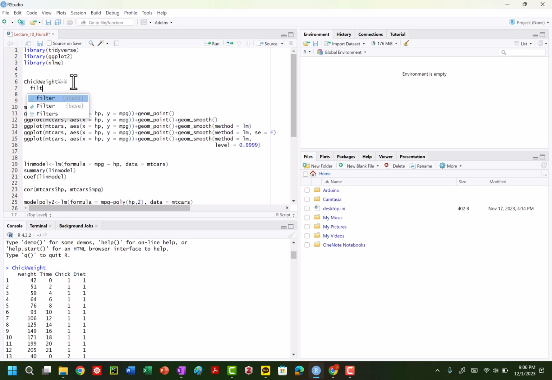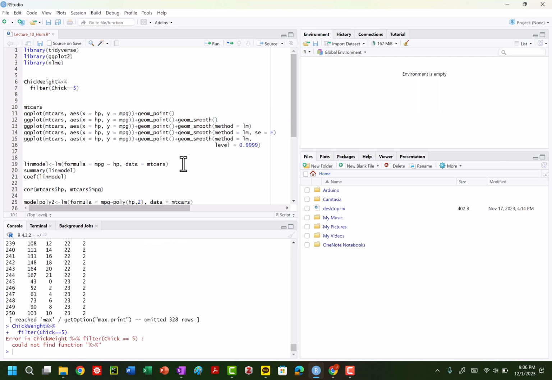We're going to filter. So we'll download this, and I won't force you to watch this. We want to find, so see you in just a second, where Chick, all the rows where Chick is set equal to 5. Let's see here. Control enter. Could not find function. Oh, I think we need